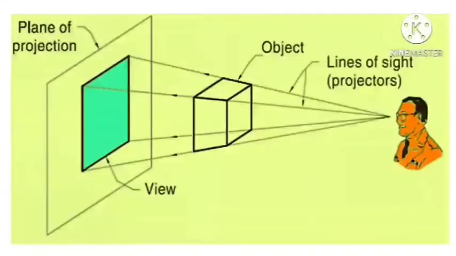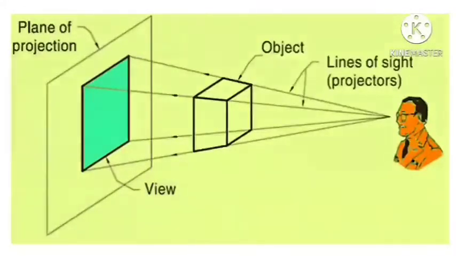As I told, the light rays will track the edges and corners. Those particular light rays are called line of sight. If you assume that an observer is standing and visualizing that, then that line is called line of sight, and the line of sight is also called projectors. And if you are tracking only the ends and the corners, then that projector is called the end projector. The end projectors will try to track the edges of the object, and that will fall on the plane of projection as shown in this figure.